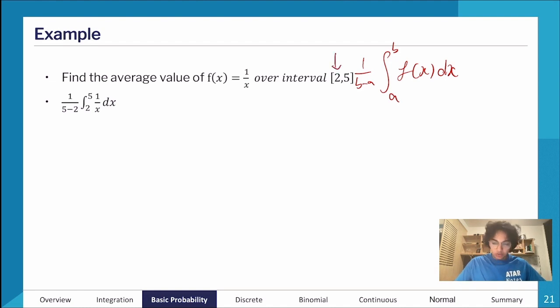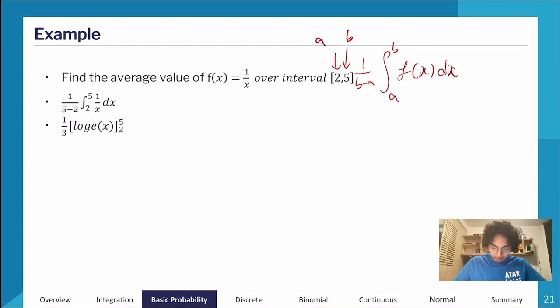Maybe even when I'm reading the question, I'd annotate what a and b are, so that when I actually answer the question, I'm not missing key pieces of information, and I'm not randomly putting things in places where they shouldn't be. So I annotate the question, substitute my values in, hopefully correctly, and then it's just a matter of integrating. From that integral table that I showed a while ago, the 1 on x,